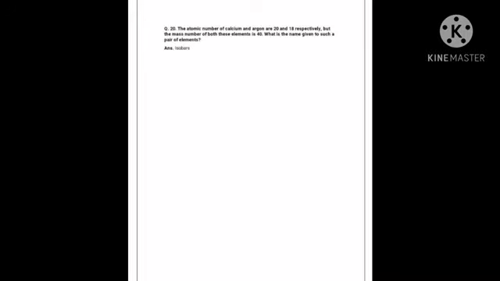Next question we have, an element A has valency 3 while another element B has valency 2. Give the formula of the compound formed when A reacts with B. So simply, you have to write the symbols A and B. After that, we write the valencies and then do cross multiplication. So the answer will be A2B3.